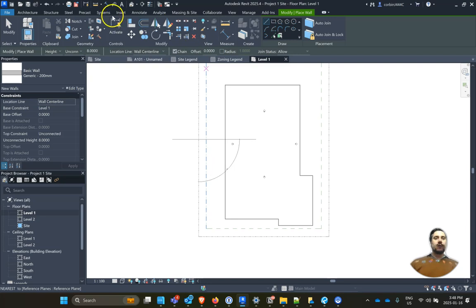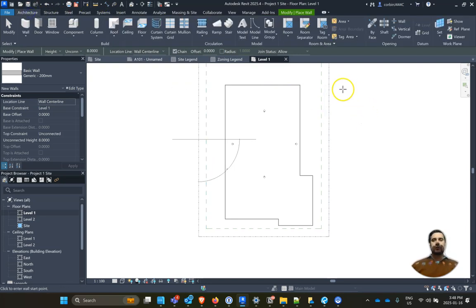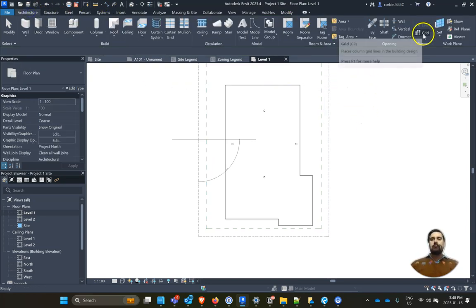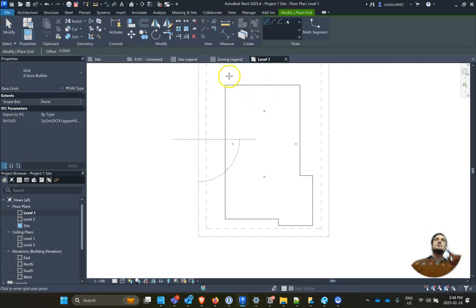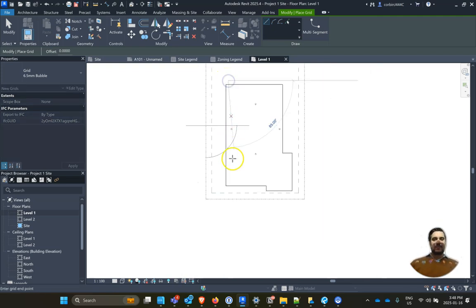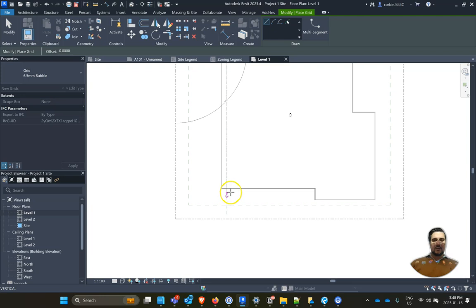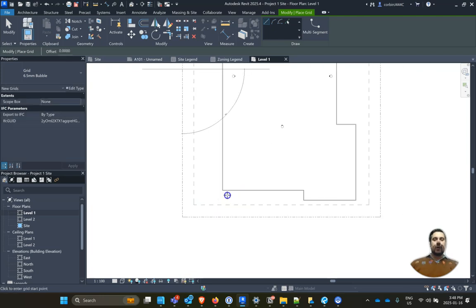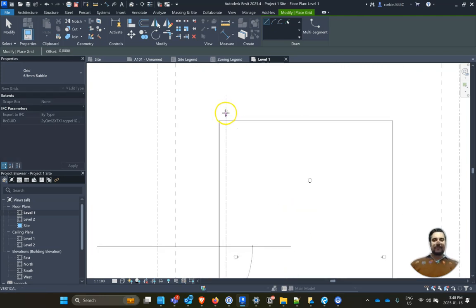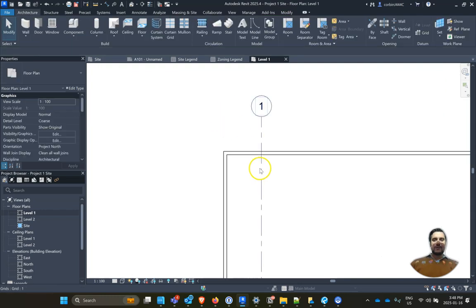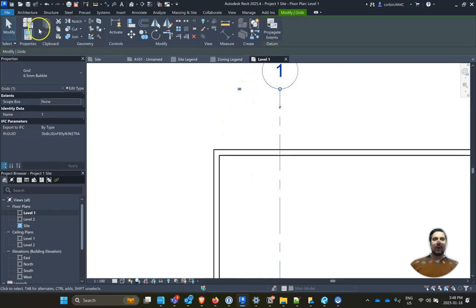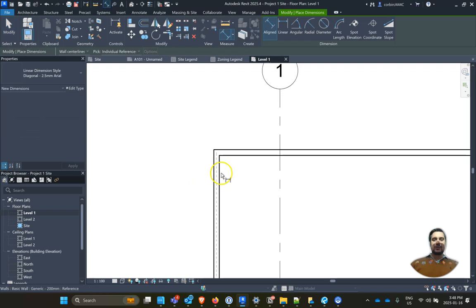So let's start by going up to Architecture, and we want to go to our Grid button over here and place a grid. For the grids, you want to start by going top down. Or sorry, actually, we want to go bottom up, like this. And for this first grid, we want it to be roughly around 18 inches